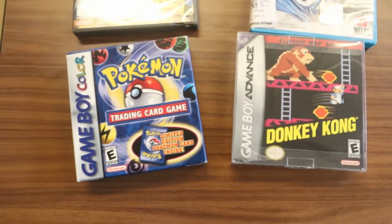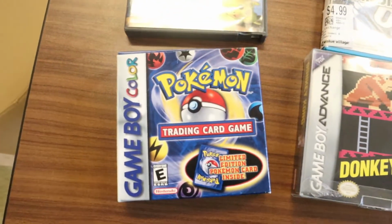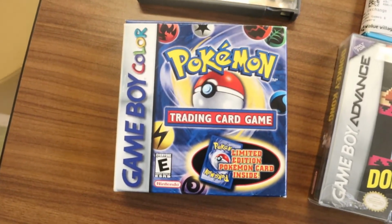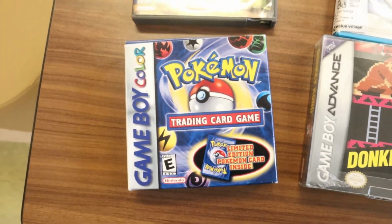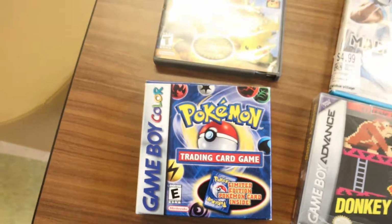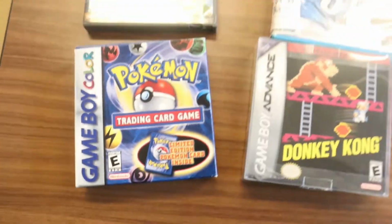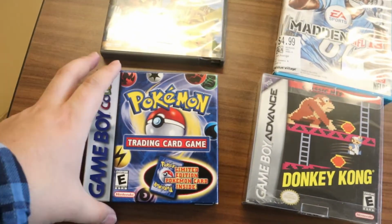And then two games, both different deals. First one, on Kijiji, I saw a guy in Mississauga looking to sell this. He was selling it for $80. $80 is quite a lot of money for a Game Boy Color game complete in box, but the reason I chose to pay the $80 for this was because this is a game I actually grew up playing as a kid on the Game Boy Color,